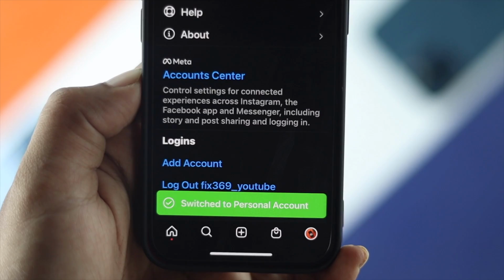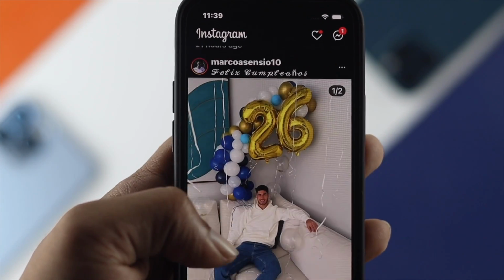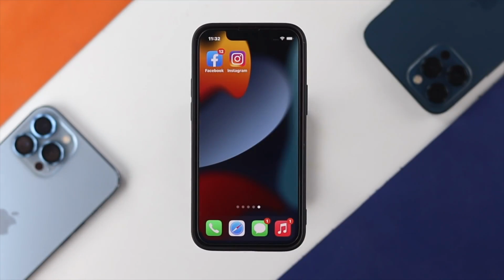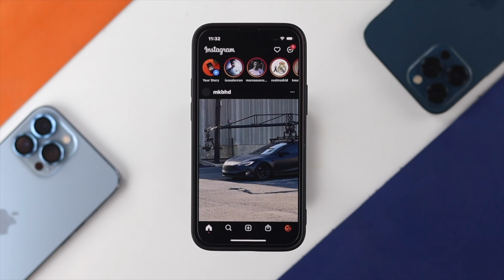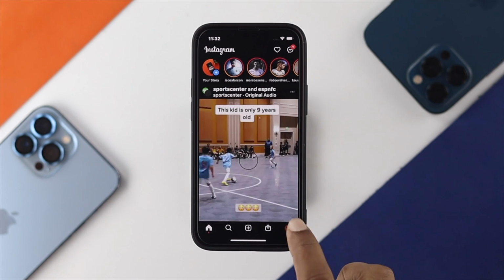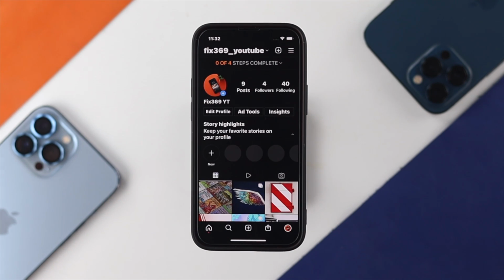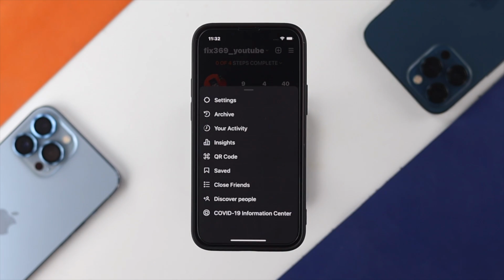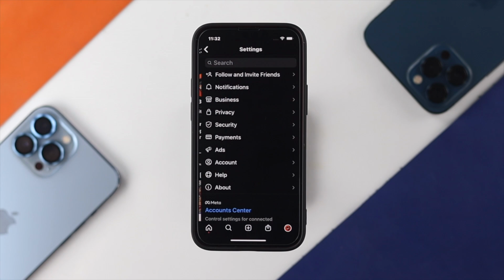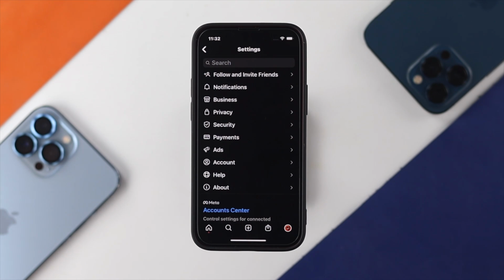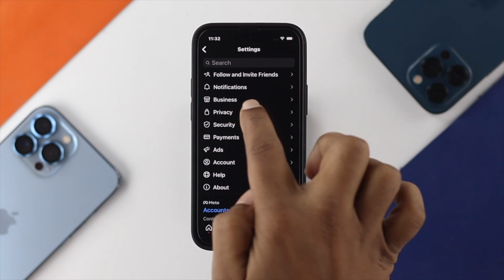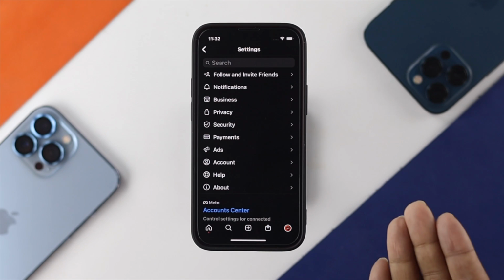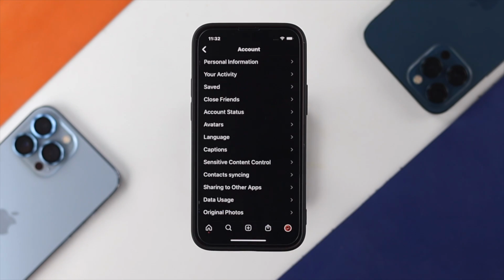To do that, the first thing that you want to do on your Instagram is very simple. Go ahead and tap on your Instagram application, and quickly after that go ahead and tap on your profile. Then tap on the hamburger icon on the top, and here you need to choose your settings. Of course, if you have a business account, then you'll be able to see the business features available here. Now to change or delete it, go ahead and tap on your account, and then you have to scroll